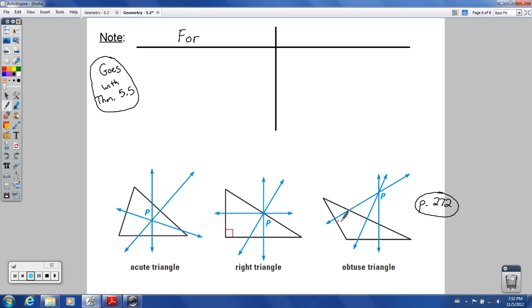These are all perpendicular bisectors. So this angle is 90, this angle is 90 right here, this angle is 90 right here, and it's cutting it in half, splitting it in half. They meet right there. So for acute triangles,